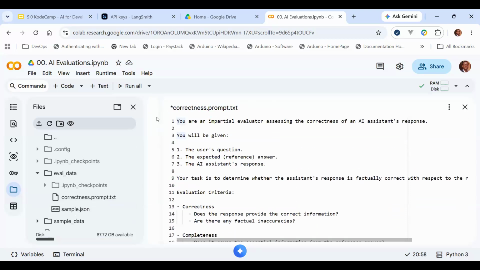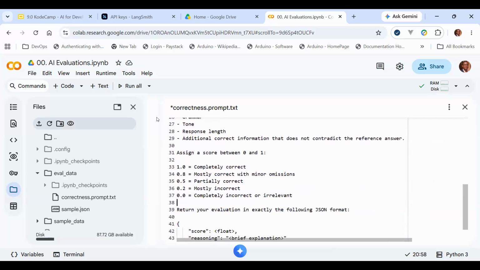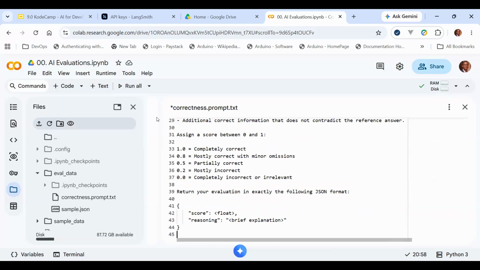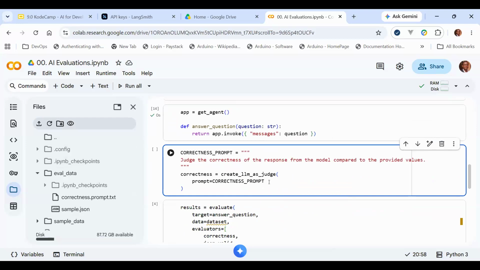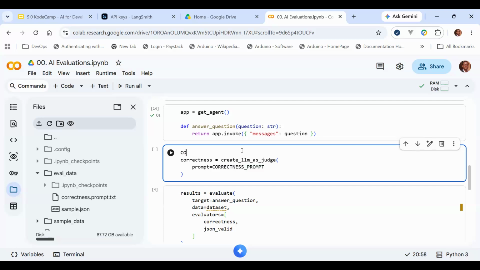You are an impartial evaluator assessing the correctness of an AI assistant's response. This is just a prompt which I asked my assistant to generate. Return your evaluation in exactly the following JSON format: score and reasoning, right? This is key. So that's the correctness prompt. And then we will load this, so let me use FS with